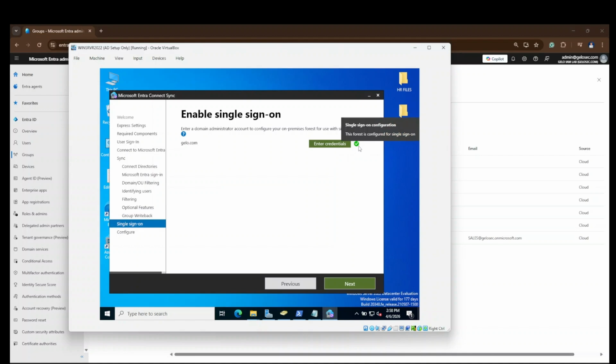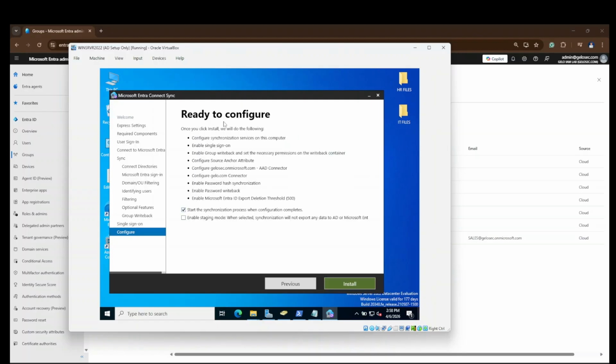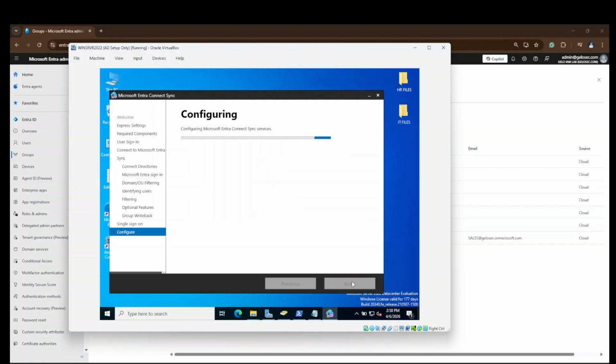But in our case, we have already. Let's just next. After this, so we need to install. Start the synchronization process when configuration is complete. Let's just leave it checked. Install.